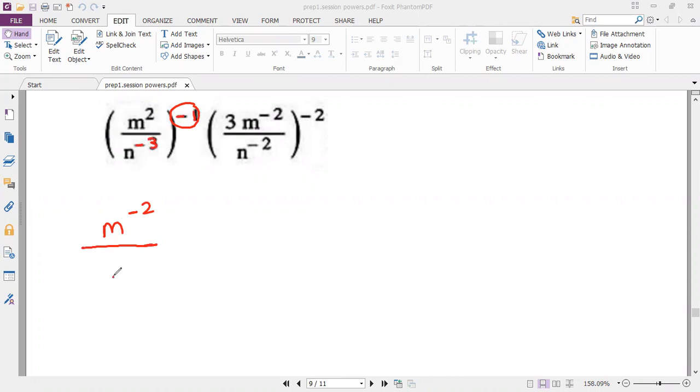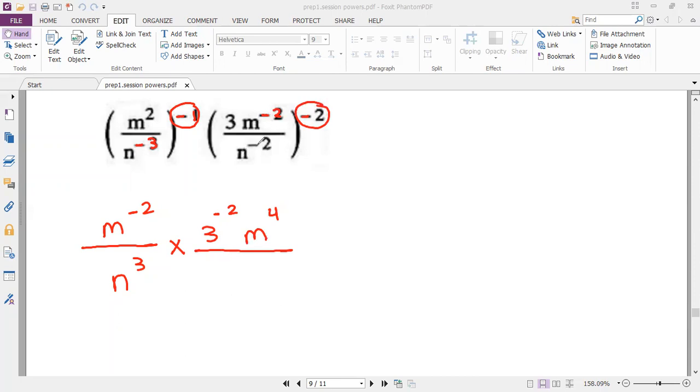So multiply the powers. Negative 3 multiplied by negative 1 is going to be 3. Multiplied by here. This power here also is distributed on all components of the expression. So it's 3 to the power of negative 2. And m has a power which is negative 2, and we have another power which is negative 2. So multiply them. Negative 2 multiplied by negative 2 equals 4 over